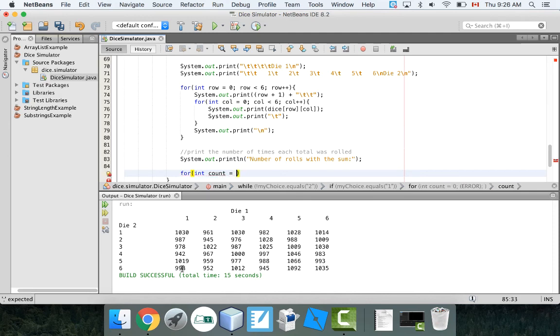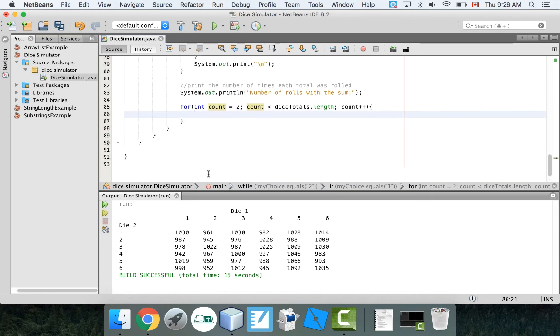Count equals, I'm going to start the count loop at 2 instead, because I don't need to display the sum of 0 and the sum of 1, because they will have no values. Okay. Count less than dice totals dot length, count plus plus,